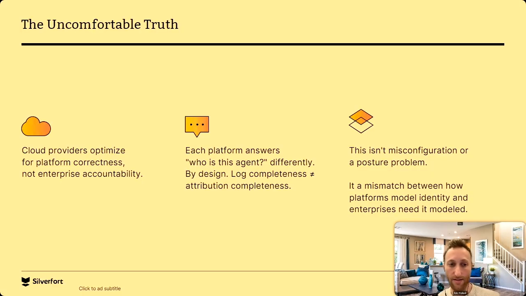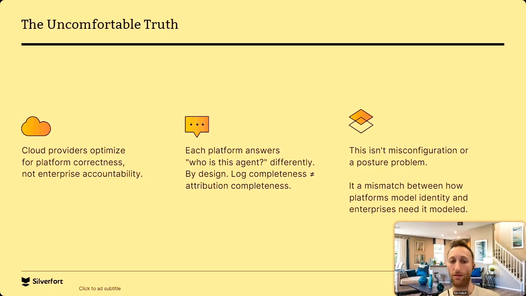So here is one thing I think we can learn from that. Cloud providers are actually doing exactly what they were designed to do. None of them is optimizing for your accountability model. They are optimizing for the platform correctness. So each one of those platforms provides logs, lots of logs, but the log completeness is not the same as